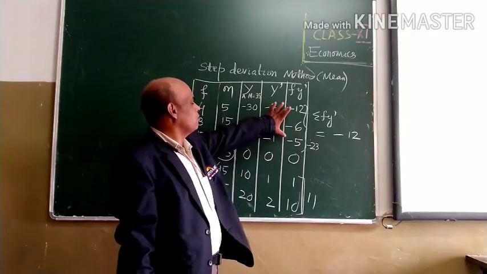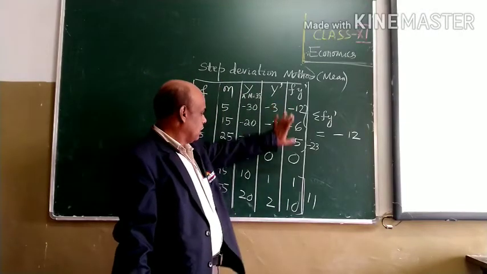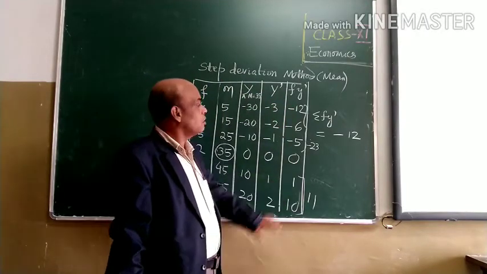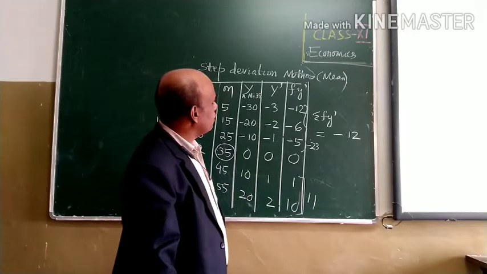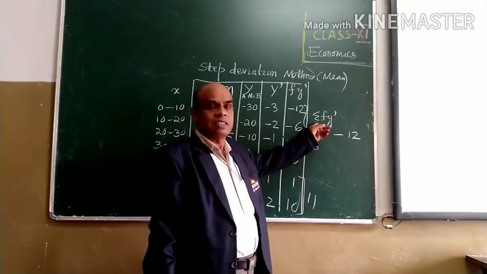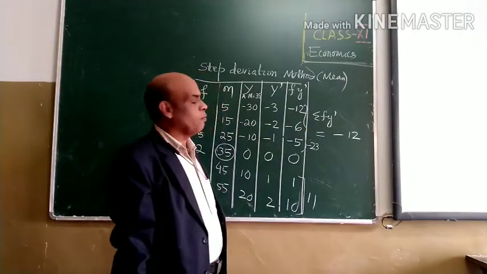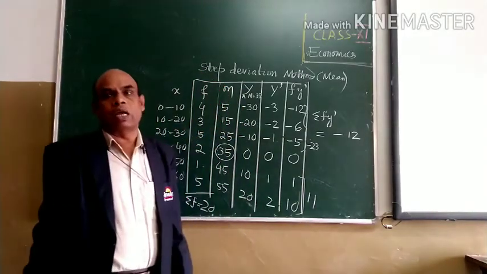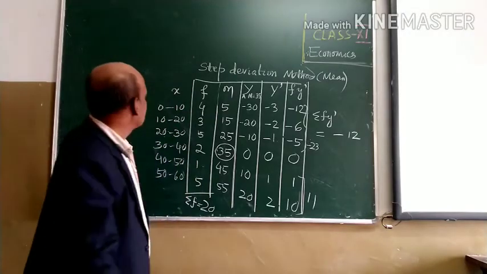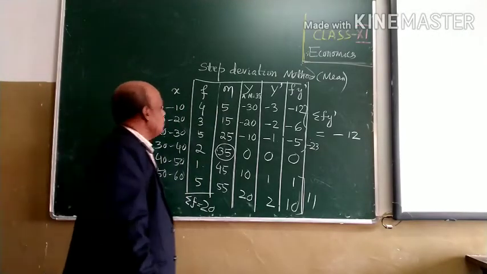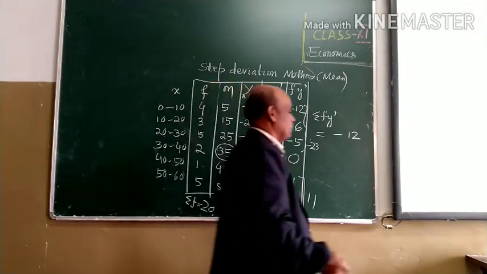First you add the negative numbers, then you add the positive numbers, then finally you add. So you will get sigma fi dash, that is equal to minus 12. So now how can we find out the mean? Remember, the mean formula is